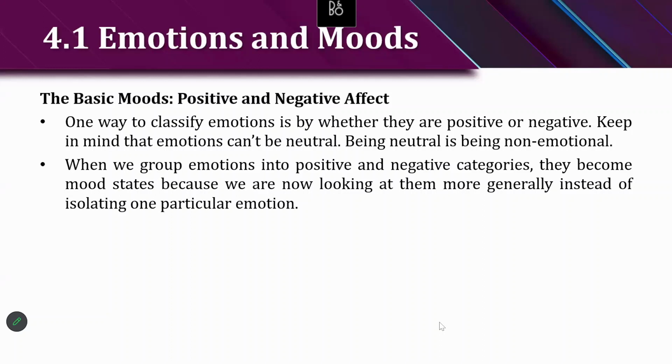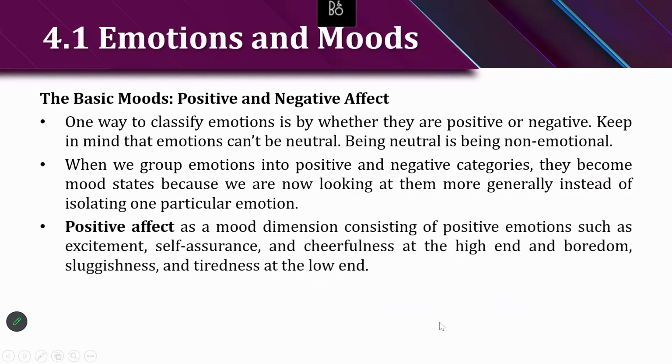When we group emotions into positive and negative categories, they become mood states because we are now looking at them more generally instead of isolating one particular emotion. So instead of isolating one particular emotion, we are looking into a general category. Again, the positive and negative affect, or the positive or negative mood, would be seen as a mood dimension consisting of positive emotions. If we are categorizing all the positive emotions, we can say it as a group of positive emotions, a positive affect. Okay, so it is a mood dimension